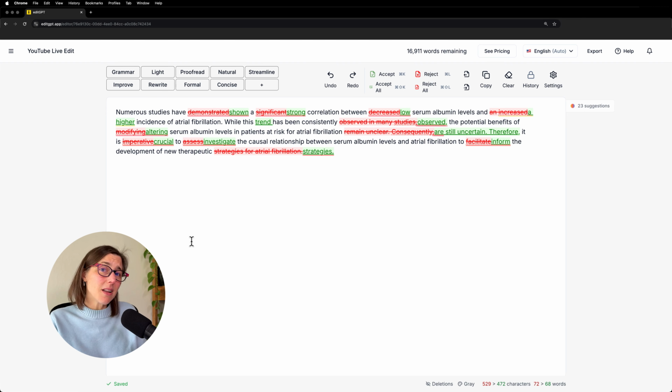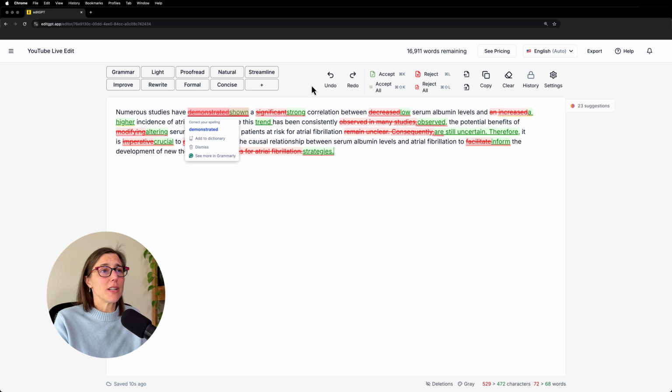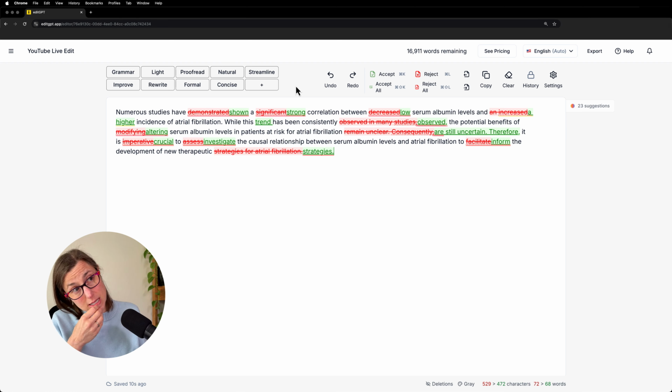So it could mean that you need to click on the button and generate things a couple of times and see what comes out of it and what might inspire you. So here we have the same change of demonstrated to shown. Instead of significant, we have strong. Okay, so this one we would need to be careful about because the word significant has a special meaning in scientific and medical writing.